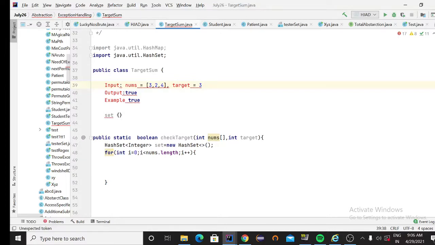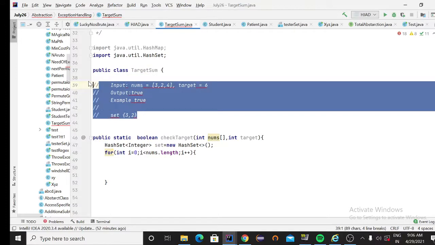It will not be possible, right? So then we add 3 to the set, because now we know that 3 is available in our nums. Again, the target is 6, so we check 6 minus 2. 2 will not be in the hash set, so we add 2 to it. Next time we check 6 minus 4, which is 2. 2 is available in the hash set, yes, so it is possible to add two elements which give you 6 as the target value.